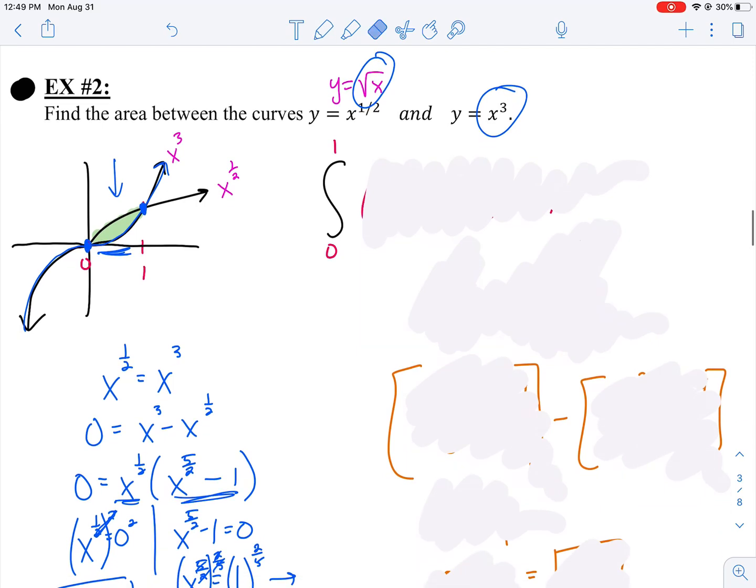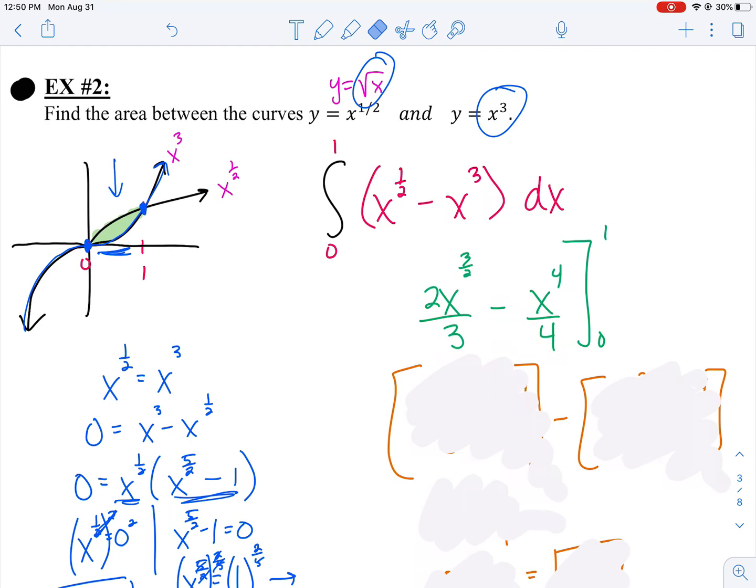So if we want to do top minus bottom, my top function is x to the 1/2 minus my bottom function, which is x cubed. So now I can find the area in between these two curves, these two functions, from 0 to 1 by setting up this integral. Let's use our integration techniques. I have x to the 3/2 divided by 3/2, or multiplied by the reciprocal, 2/3, minus x to the 4th over 4, and I want to evaluate it from 0